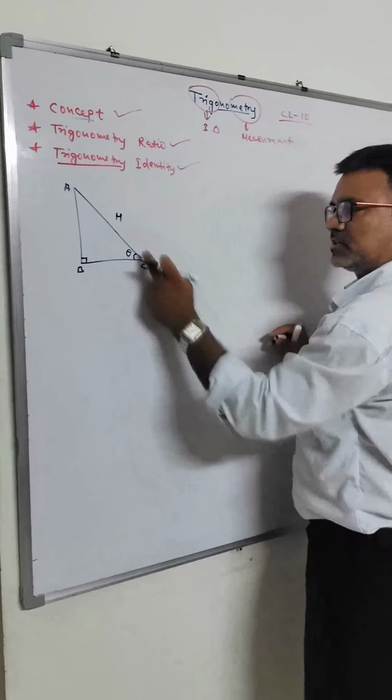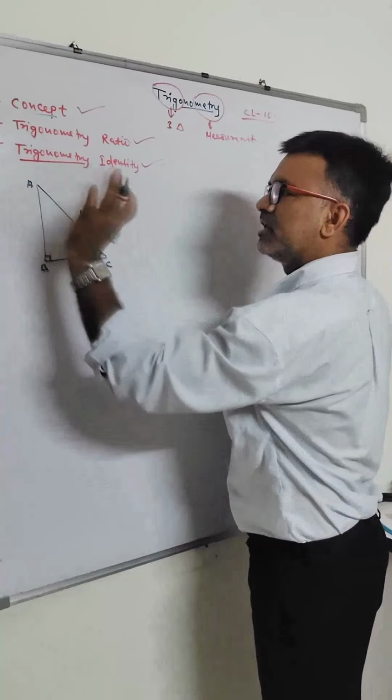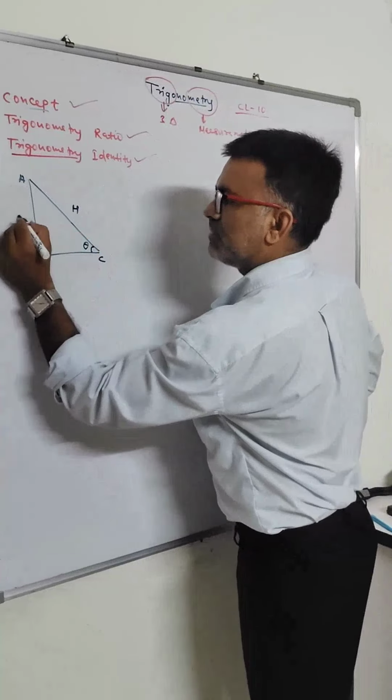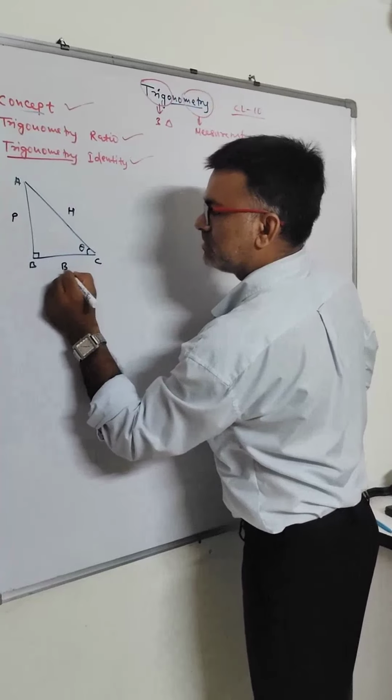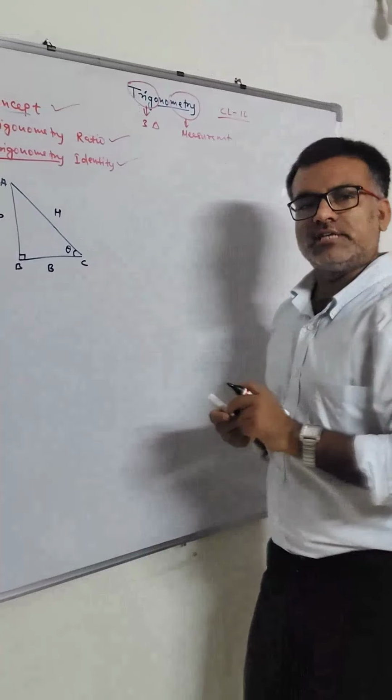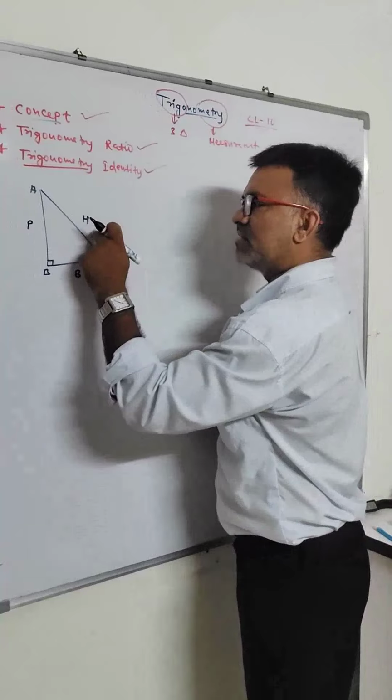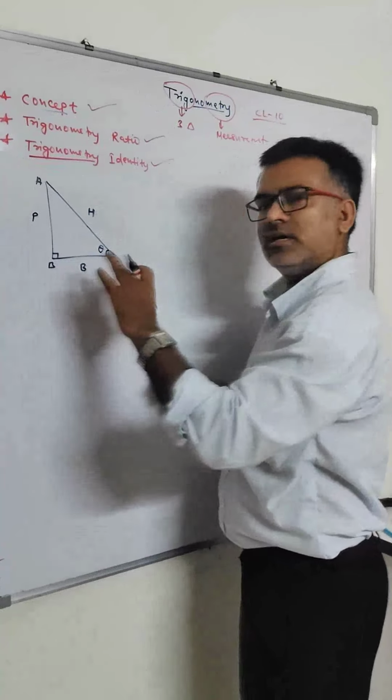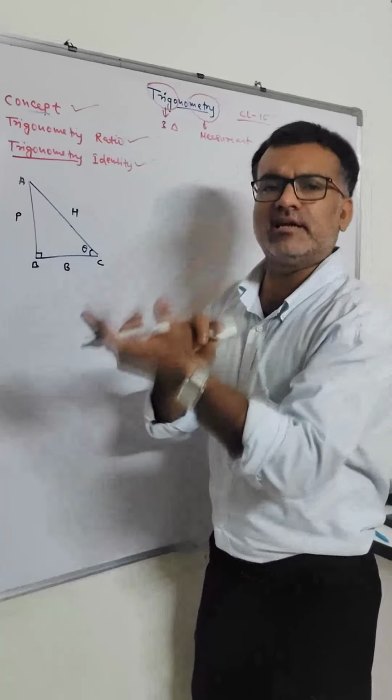ये मुझे लेना आसान लगता है. So I am taking theta here. You can take theta here also. Don't worry. इसके सामने वाले को I will take this P and this is my B. Now what is happening here? In this case we are having 3 sides, hypotenuse, P and B, 3 sides. Now these 3 sides I am taking randomly.